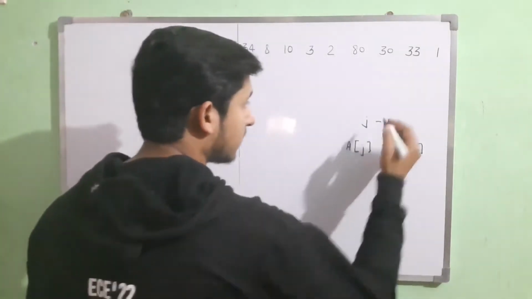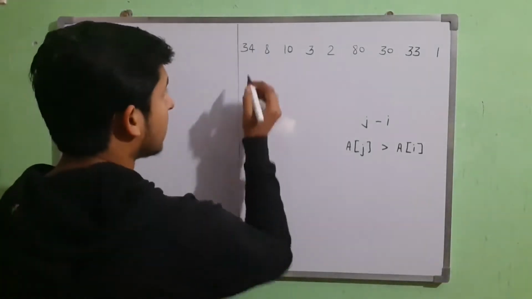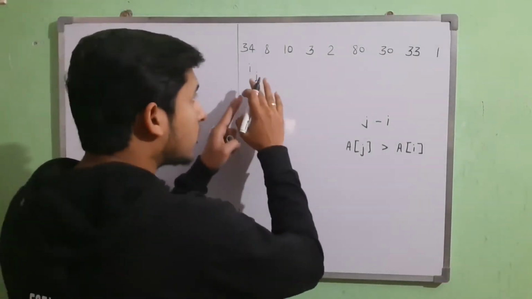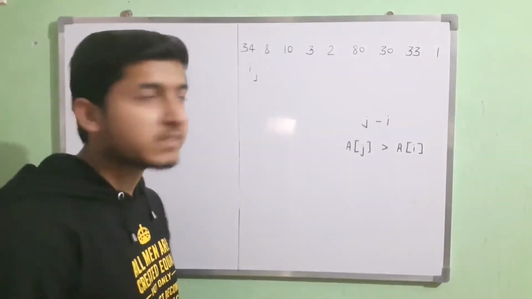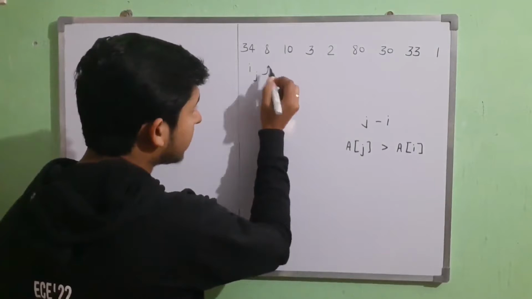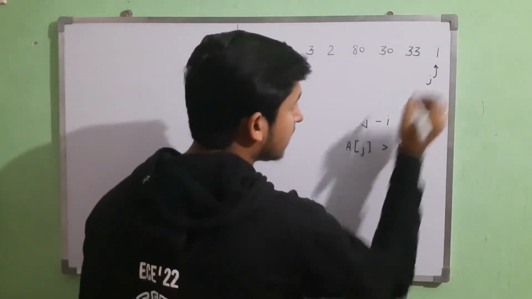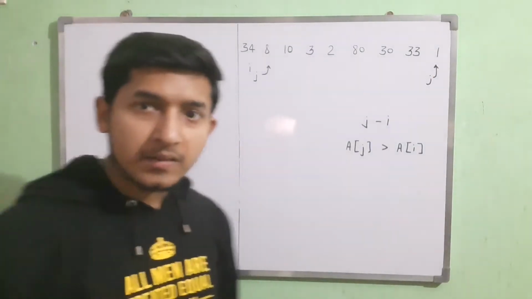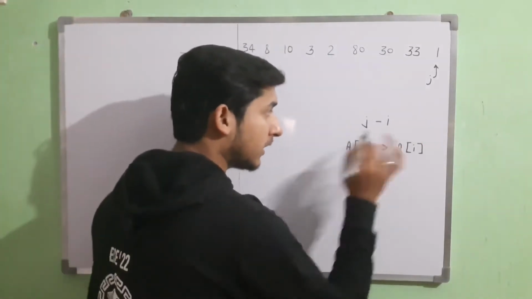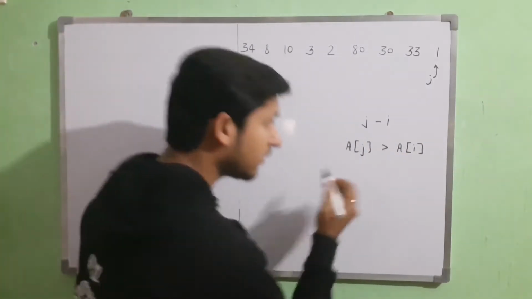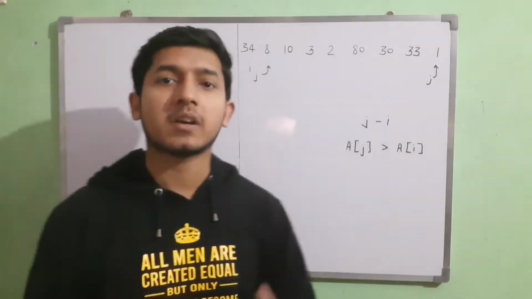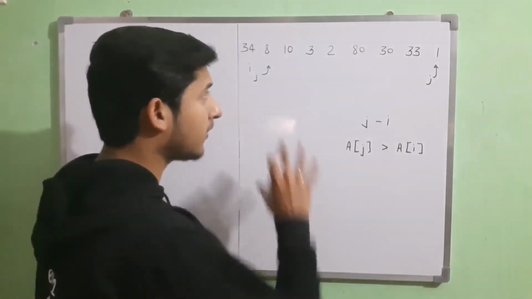And now, if I start such that i is here and j is here, and I go through the entire cases, that means for every i and j from i plus 1 till the end, I will just take every pair, calculate the difference, and if that satisfies this condition, store it in a variable that will be our result. Okay, so what will we do in this case?